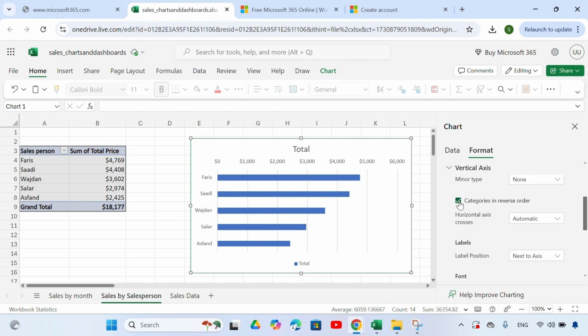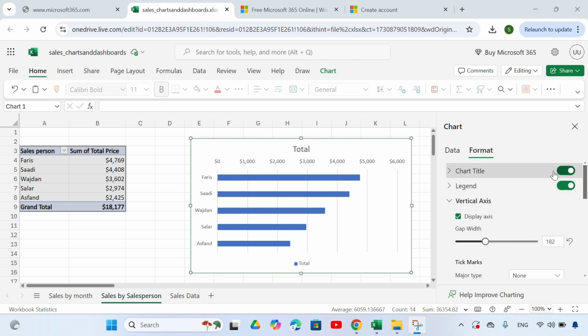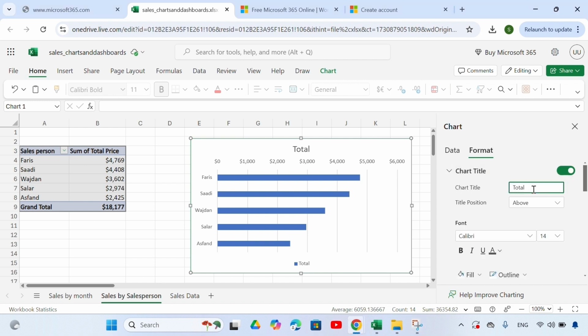We have now reversed the order and we have flowers being shown as the salesperson with the highest sale profits all the way down to Asfand. Now you will again want to change the title for the chart, so you could do that under chart title. And in this case, we could call it sales by salesperson